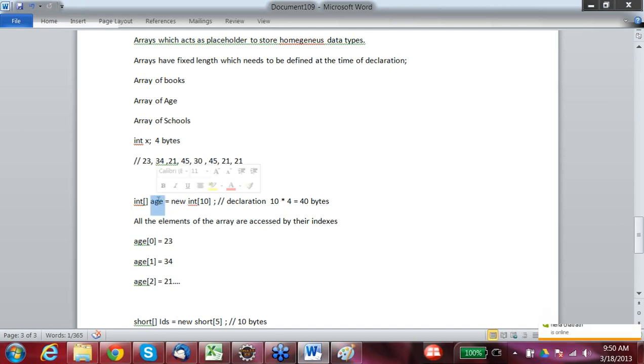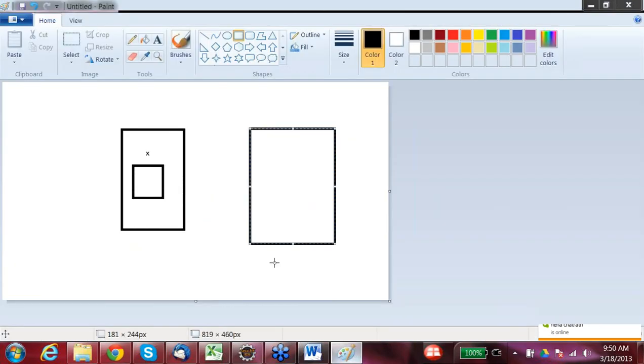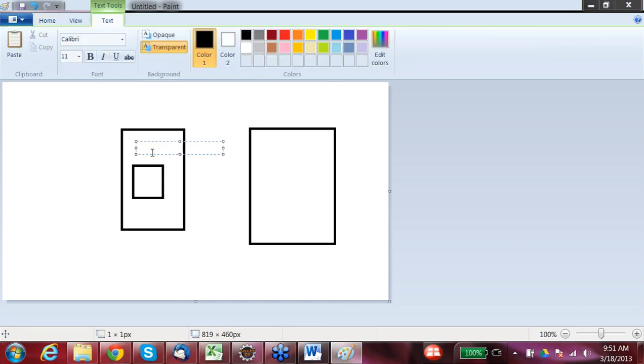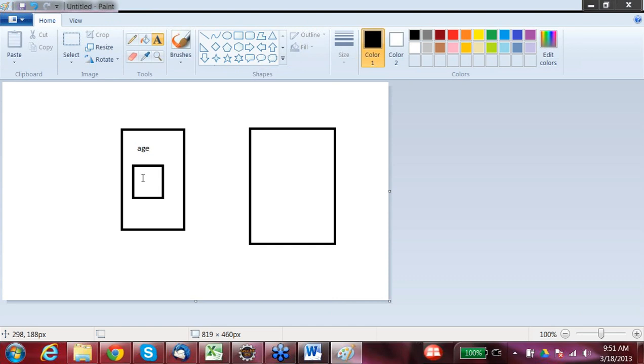So what happens when you create an array of 10 integers? On the stack, a reference variable age is created.